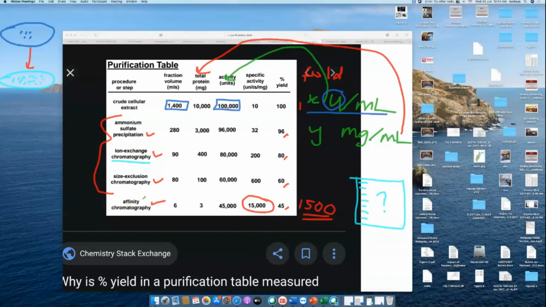But normally, most of the time, once you can use affinity chromatography, it means that it is just one technique. That's why affinity chromatography is a popular method: you can use only one technique, one step purification. That's why we use affinity chromatography. It is also considered one step purification. Okay, so I think that's